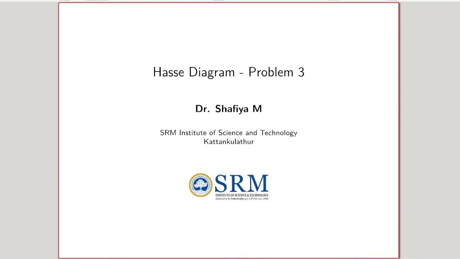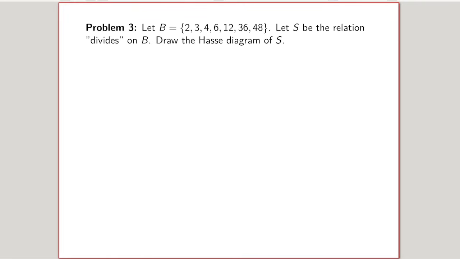Hello everyone. In this video, we'll be seeing the third problem on Hasse diagram. Let us take this question. Let B be the given set. So, the given set is B = {2, 3, 4, 6, 12, 36, 48}, and S denotes the relation defined on B by division. So we can write the relation S as set of all